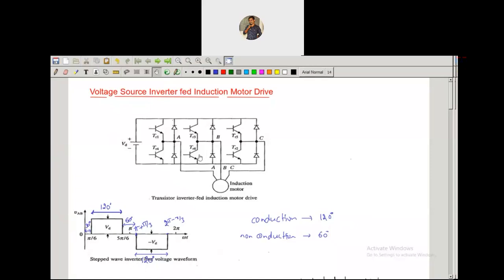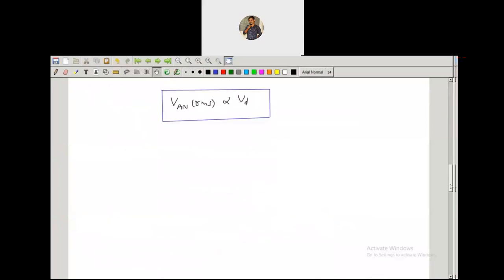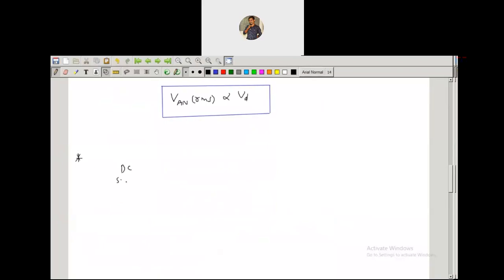So the circuit diagrams we have already seen in the previous lecture, right? At the end of yesterday's lecture, we drew the different types of circuit diagrams. So here, for those cases, the DC is fixed. The DC supplies a fixed value. That is, you cannot vary this value. In such applications, you have to operate your induction motor with variable voltage and variable frequency.